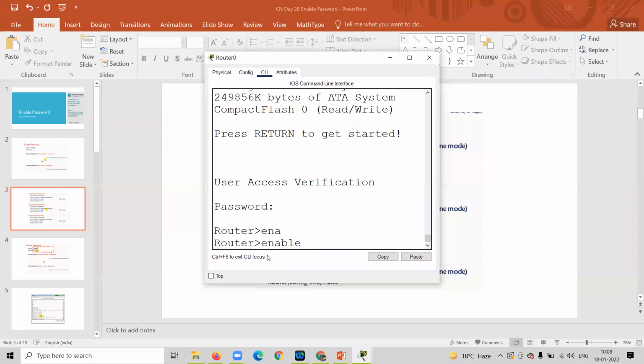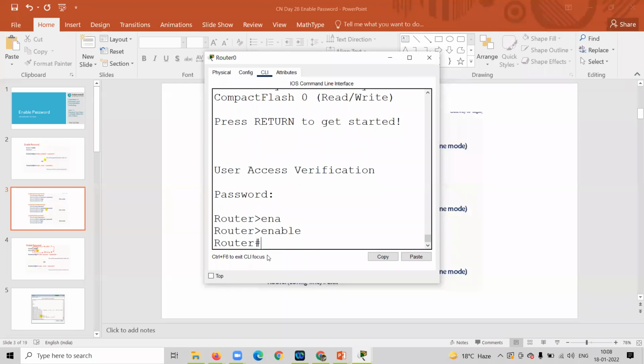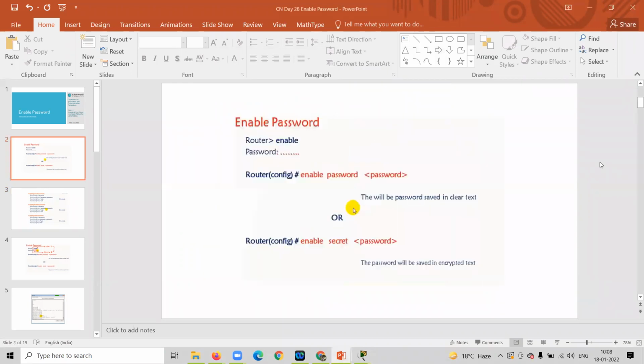So now here, see, I have some technician, I have some staff under me. So what I want to do, I want to give some little privilege, not the entire privilege, but little privilege. For example, I want to make them use of a user mode, right? In this case, they are not able to even enter into the router, but some trainee are there, you are a manager and you want to give some access, you want to give partial access. So you can use this configuration, right? You can give them enable password. So by enable password, they can enter into the router and they can use the user mode, right?